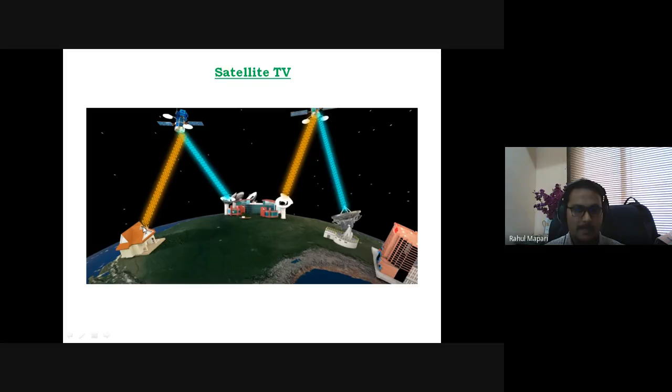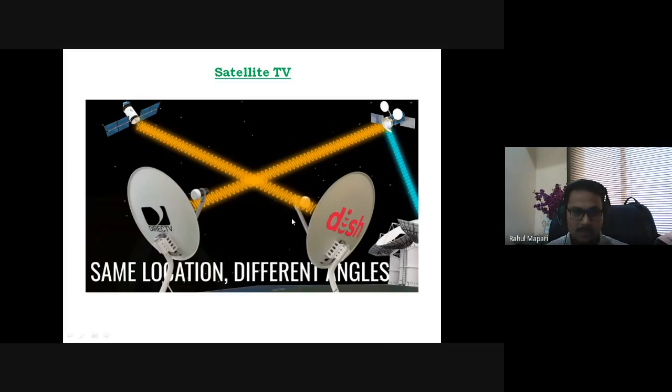After that it is given to the end user. For example, in our college, at the same location, if we purchase two different dishes, one for Dish TV and the second for Airtel, the Dish TV's DBS service provider has its own satellite at a different location, and Airtel has its own satellite at a different location.